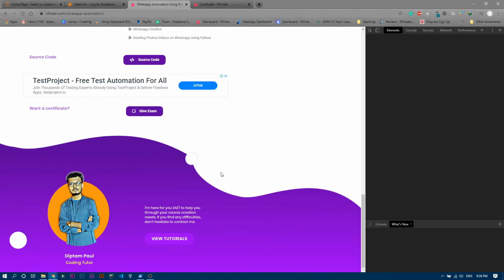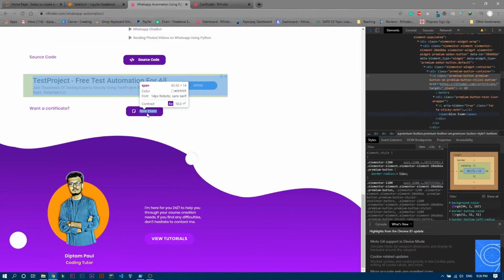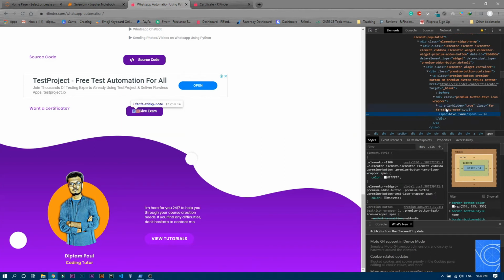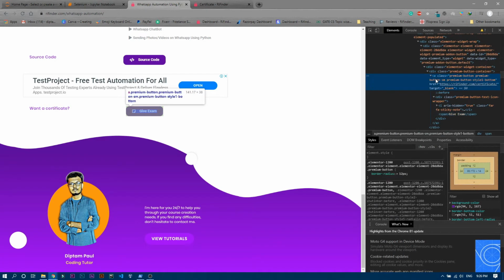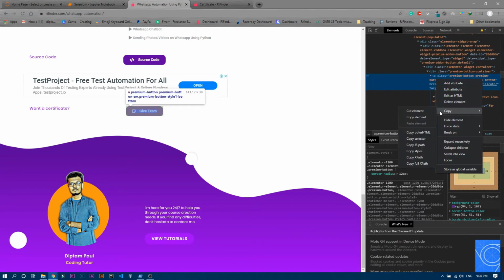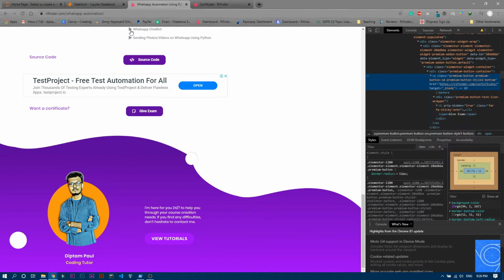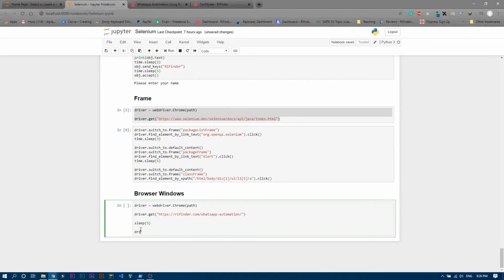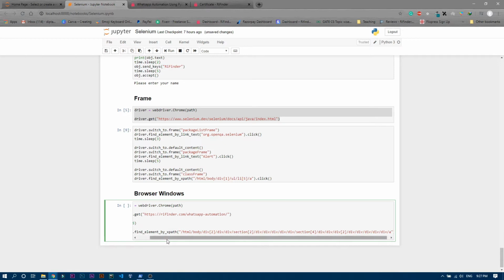So I'm going to inspect that thing, go into this button. You can see this is, where is the link? Yeah, so you can see this is the A tag. I'll copy the XPath, and I'm going to write over here driver dot find element by XPath, and inside this quotation I'm going to paste that XPath. This is a really big one, and after that we are going to click on that button, right? So dot click, that's it.